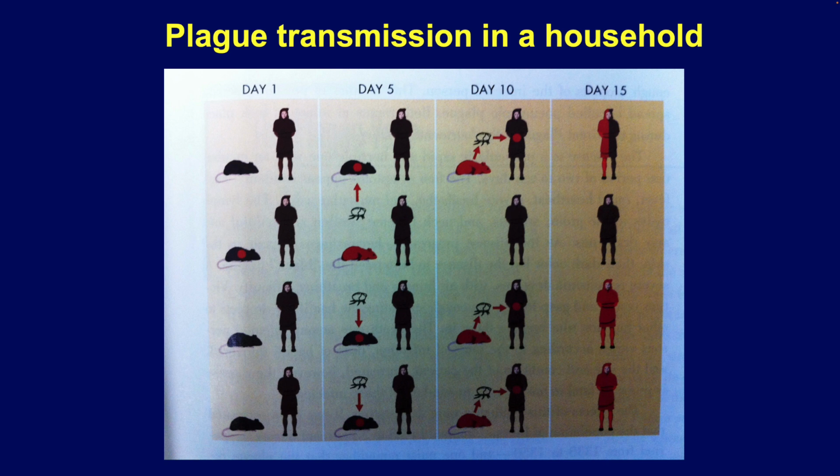However, the rats die, and the plague bacillus or bacterium in the infected rats prevents the fleas from digesting the rat blood that is their source of food. So the fleas start to look for other sources of food, like humans. When infected fleas were introduced into a household, plague killed on average 50% of the household residents over the course of a few weeks. Another 1 in 4 household members would be infected but survive, and the final 1 in 4 do